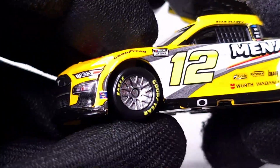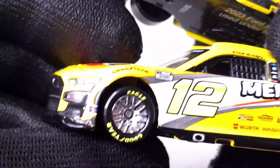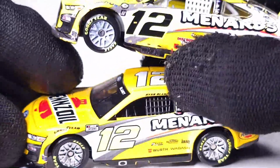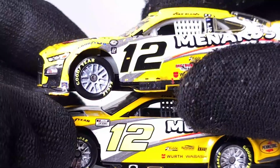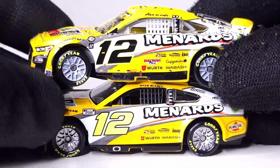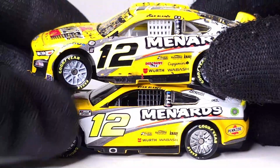Good God, Lionel. That is Deflategate right there. Look at that right there. Someone needs to clip this and make this into a meme. Good Lord, that is one big tire. But a lot more detail on these, so I understand that, but I wish we could get the best of both worlds. Hopefully I'm not blinding you guys with the brightness on these yellow cars,